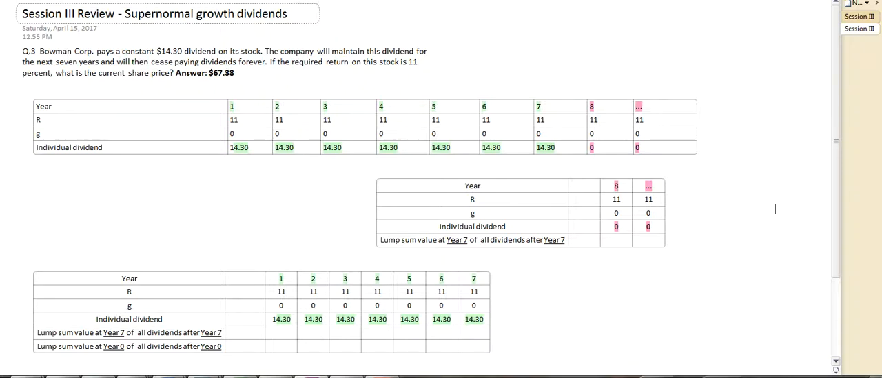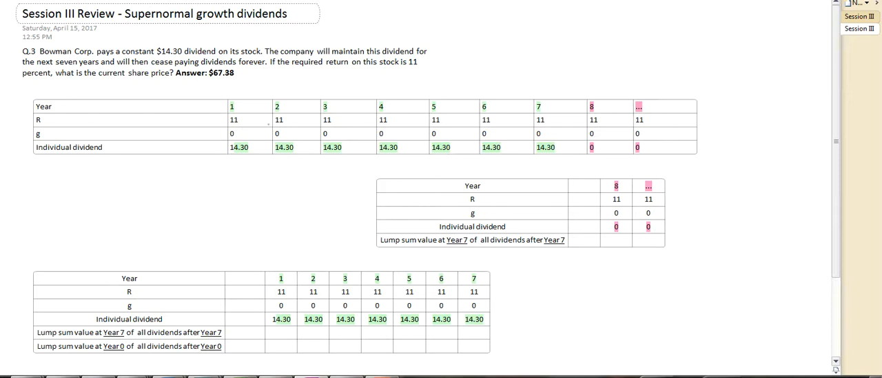Hi guys, in this video, I'm going to work with question 3 from session 3 review, and it's again part of the supernormal growth dividend topic. So I already summarized the information that we have in this question, which is shown in this table. So basically,